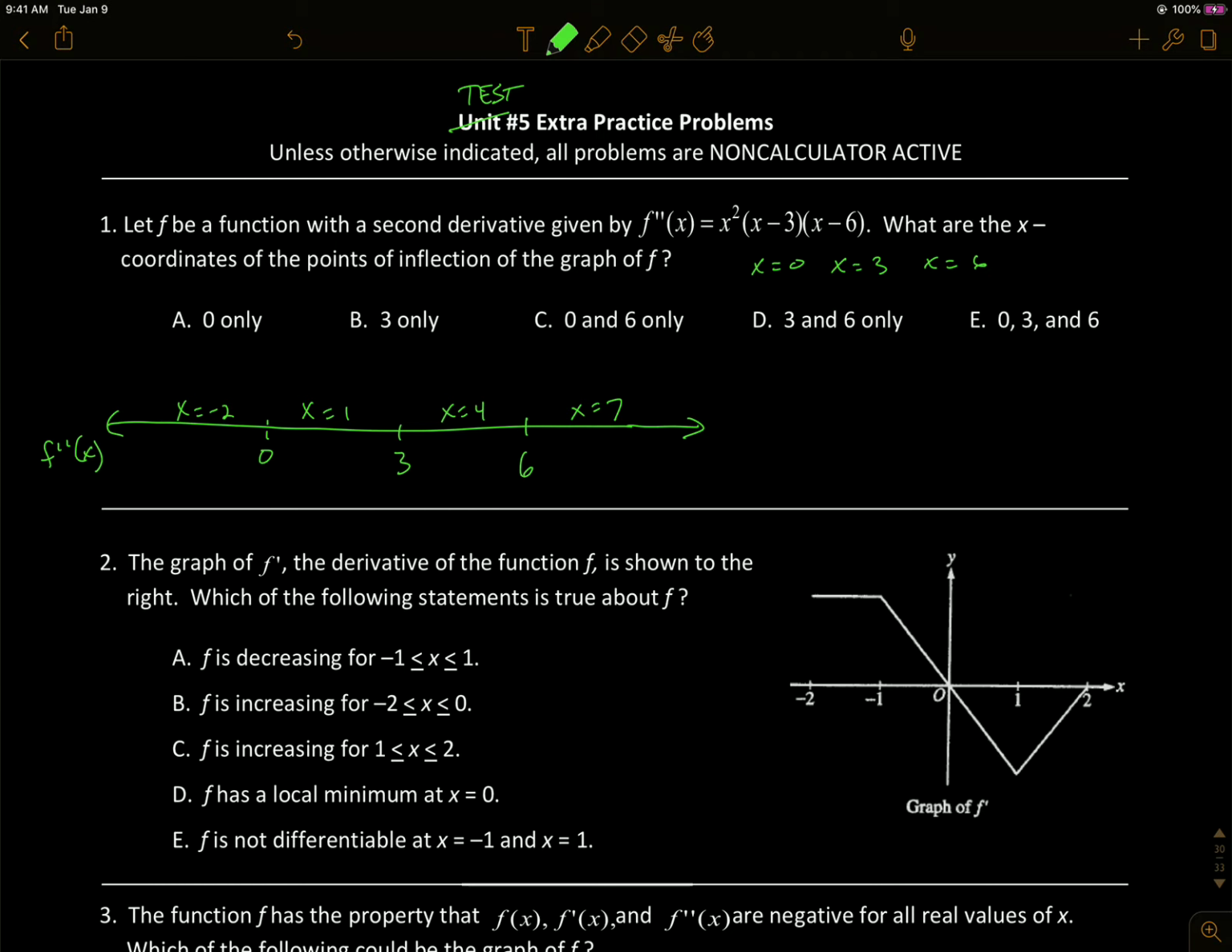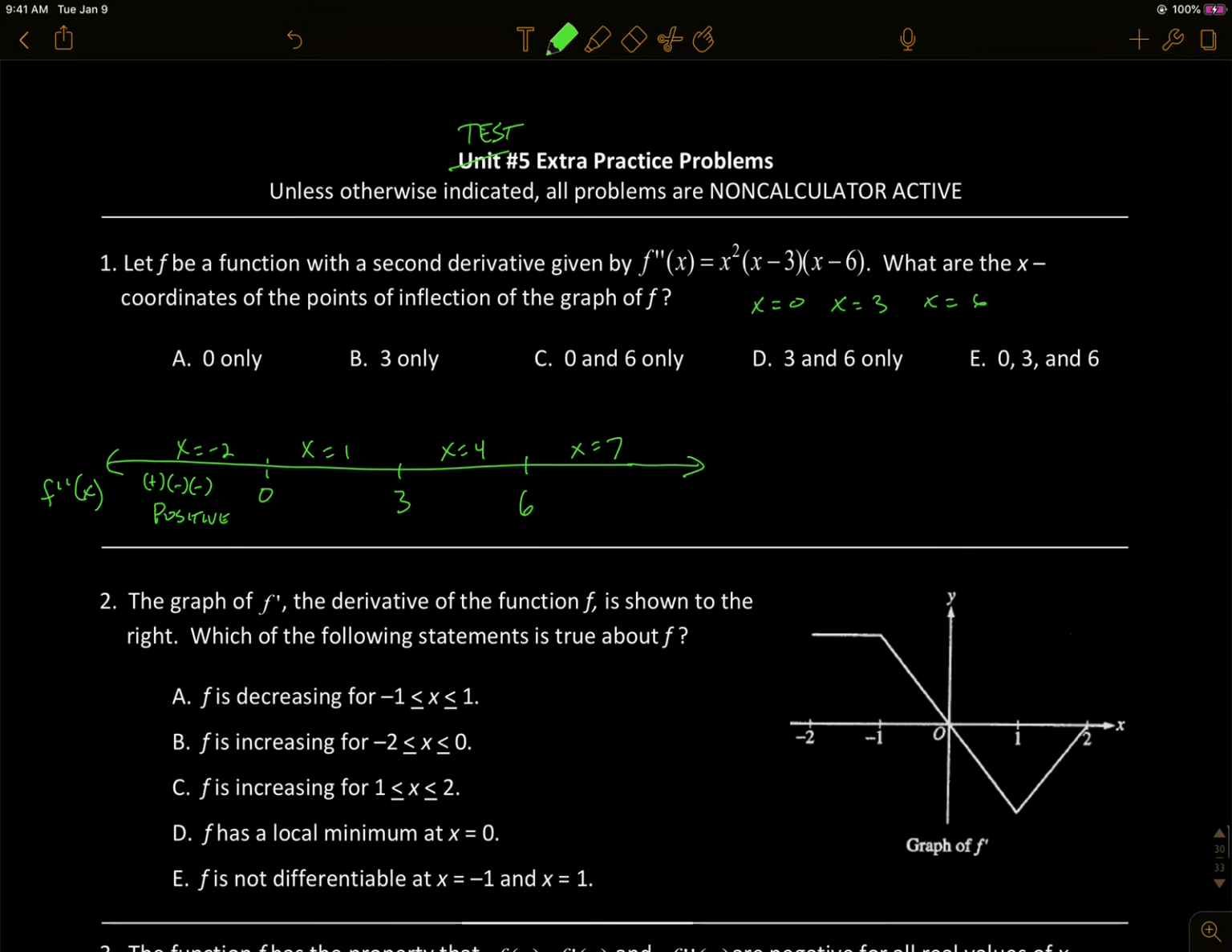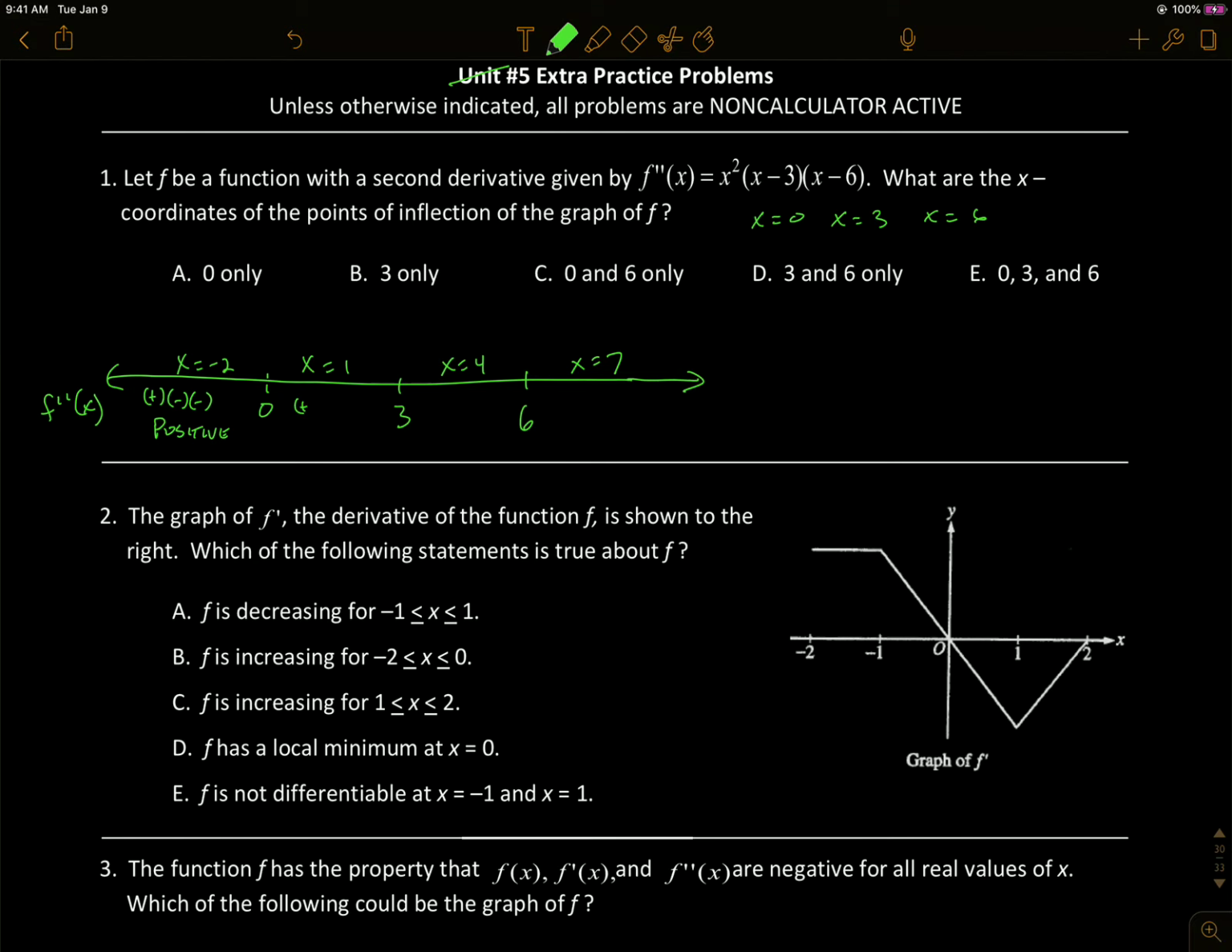So when we plug these numbers in, when we put -2 into our second derivative, we get a positive times a negative times a negative. So we're getting a positive second derivative on that interval. When I plug in 1, I'm getting a positive times a negative times a negative. So that's going to be positive again. When I plug in a 4, I'm getting a positive times a positive times a negative. So that's going to be a negative